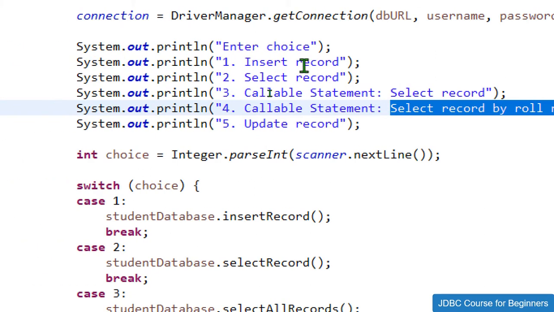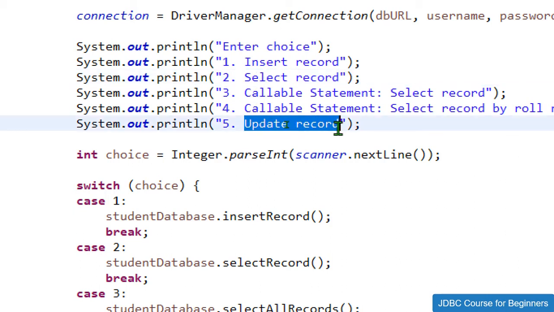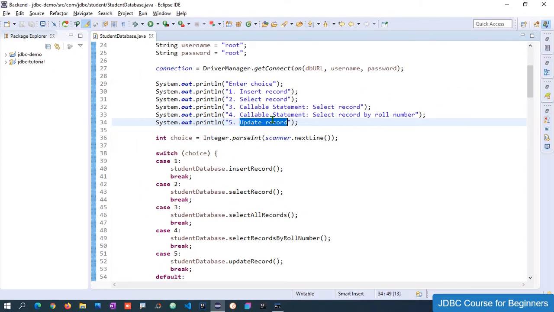So now the only operation that is left is the delete operation. We worked on create, then retrieve or select, then the update operation as well. Now the last thing that is left is the delete operation. So today in this session we are going to work on the delete operation.